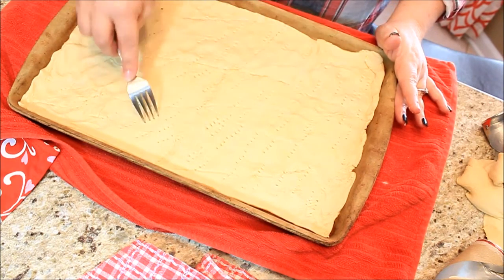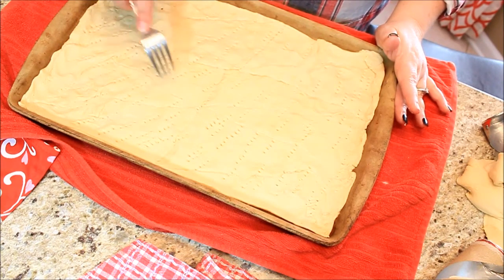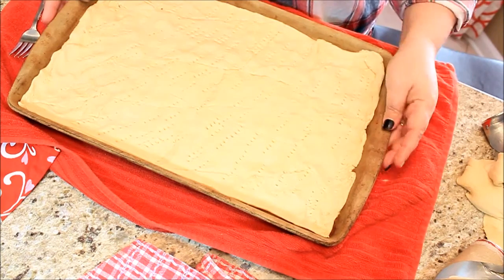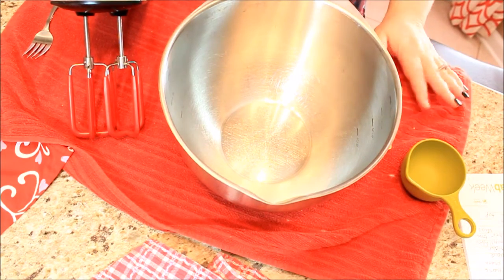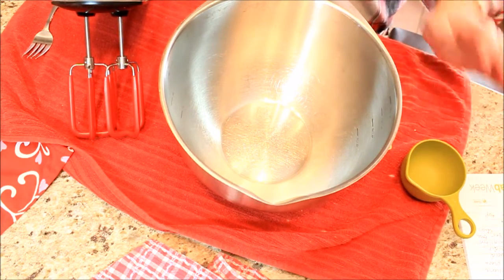And then I'm going to pop this in the oven for the required time. And then I'm going to take it out and let it cool. And then we're going to start with our mixture. So let's go ahead and put this in the oven. Okay, while that is baking in the oven at 375 at the required time, I'm going to go ahead and